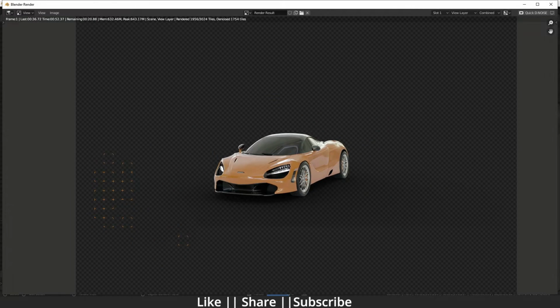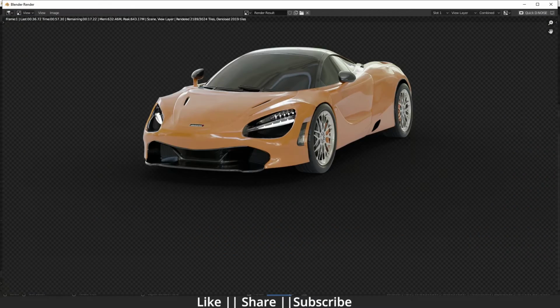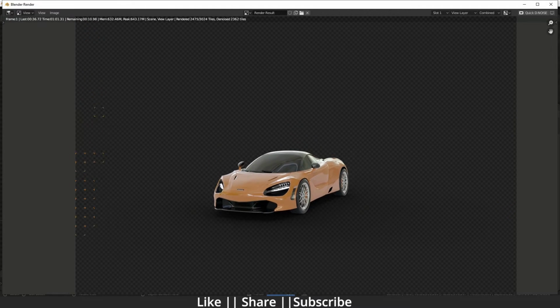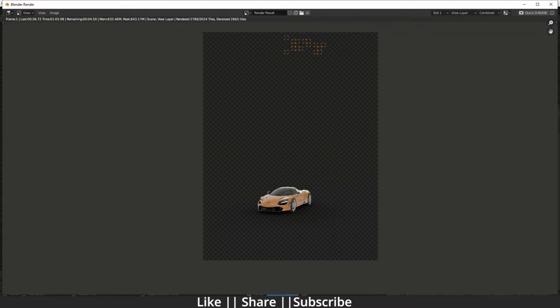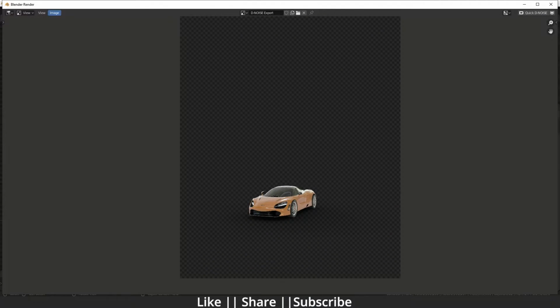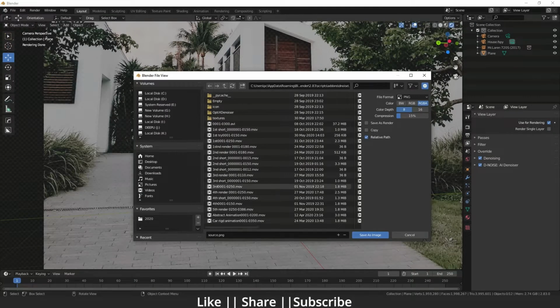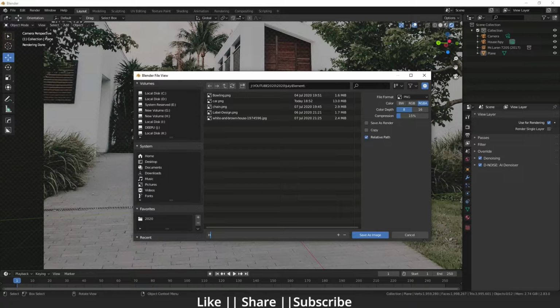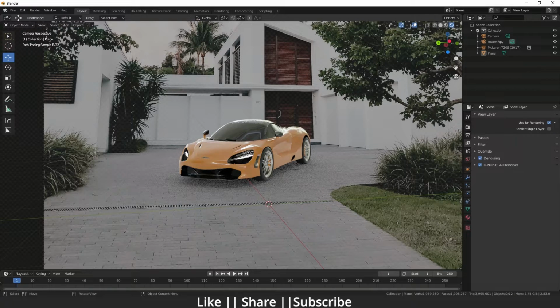Okay, here you can see we also have some plain line showing here, and it's okay, we can refine that line in Photoshop also. And after that I will save that render. So I'm just going to save that render. Here I will save that as house. That render is saved now.